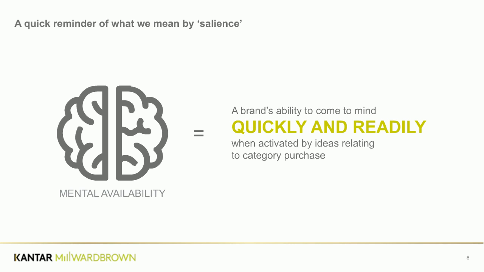And this is really important because as a brand, you can have all of the positive associations and equity in the world. But if nothing ever triggers you to think of that brand when you're making a choice, then you're not going to buy it that often. So salience is a really vital thing for brands to have. And as Claire has said, it's one of the easiest things for brands to build in the short term. So we wanted to talk today about why that matters and why we need to do it, and how we can use digital signals to help with that.